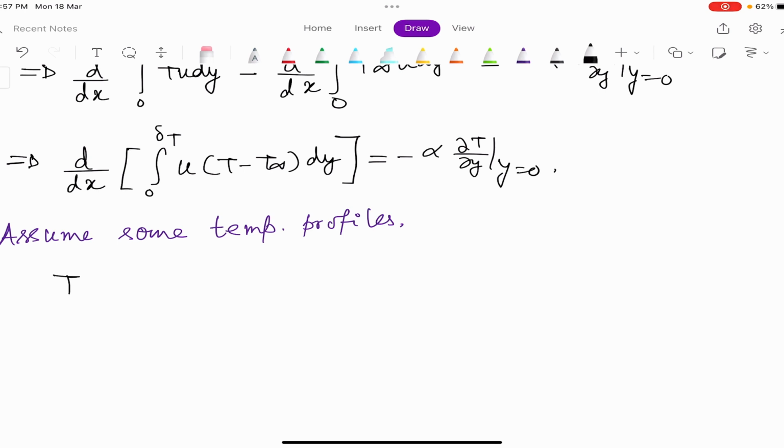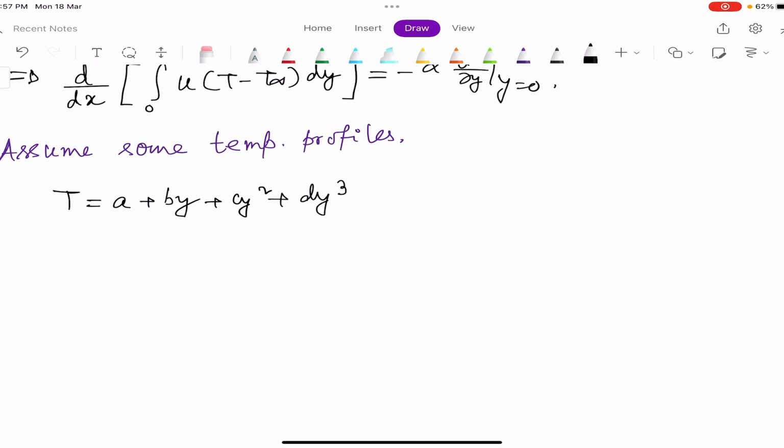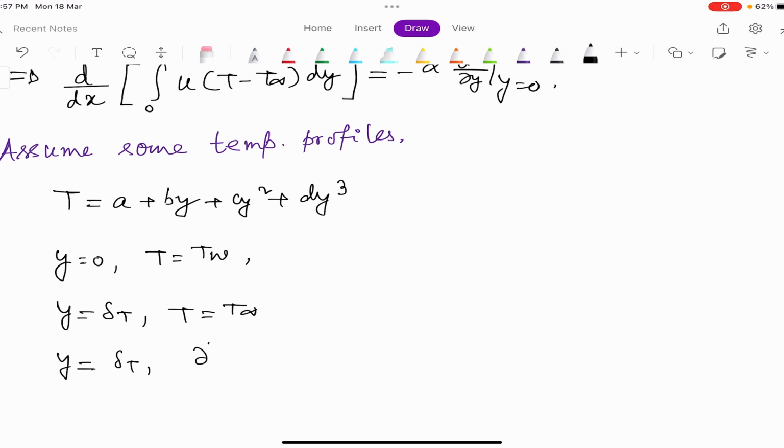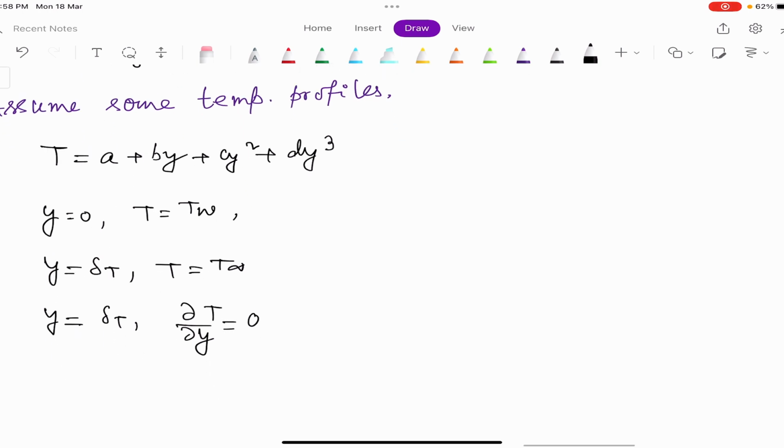So I am taking here a cubic profile again. I took this cubic profile for the velocity also. So here the boundary conditions: at y equal to 0 you have the temperature equal to T wall, then at y equal to delta T we have T equal to T infinity, then at y equal to delta T you also have dT/dy equal to 0, then at y equal to 0